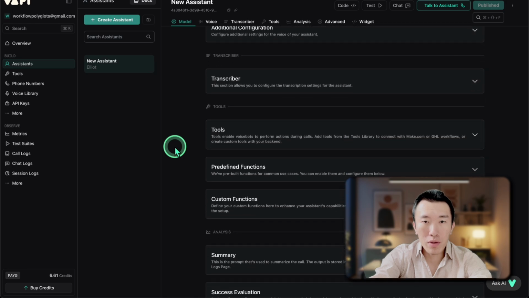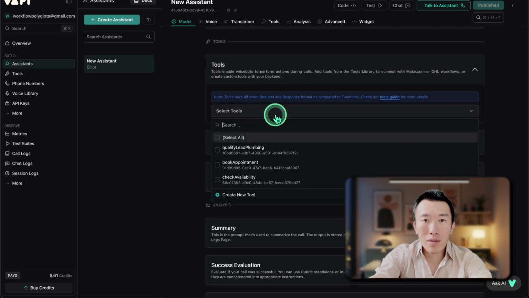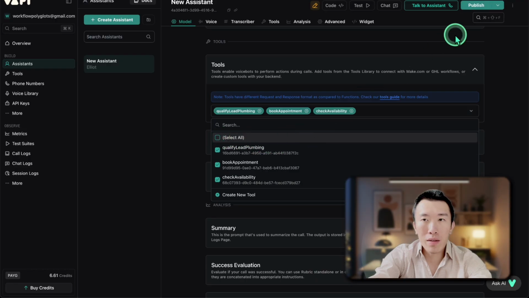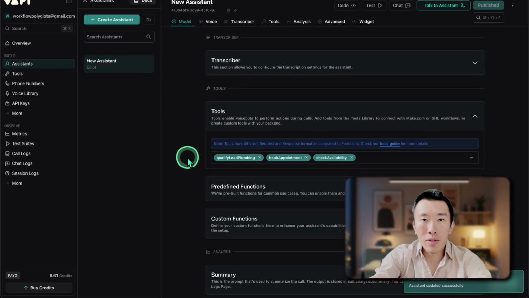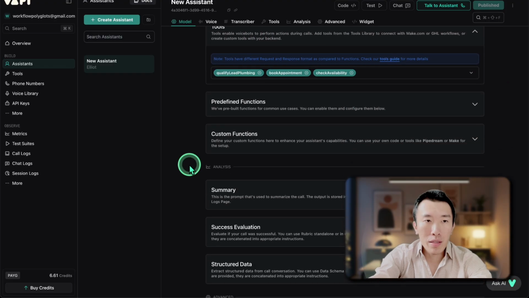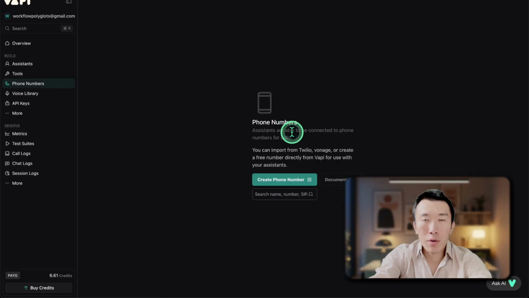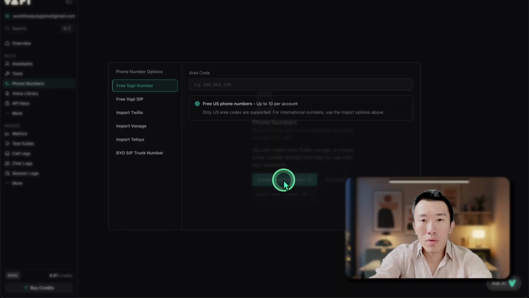So scroll down to the tools section, click on select tools, then click on select all and hit publish. All right, so now we've successfully given our AI voice agent some tools. Now, all we need to do is go to phone numbers and create a phone number. This phone number is what we end up calling in order to talk to our